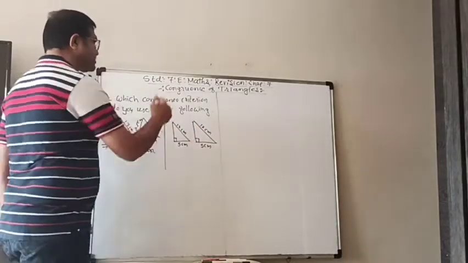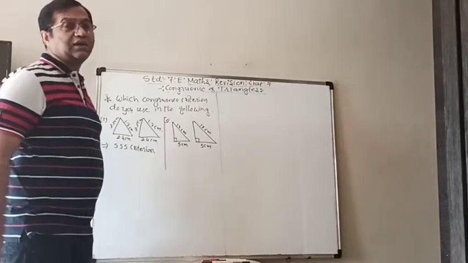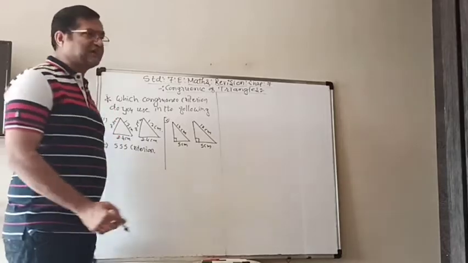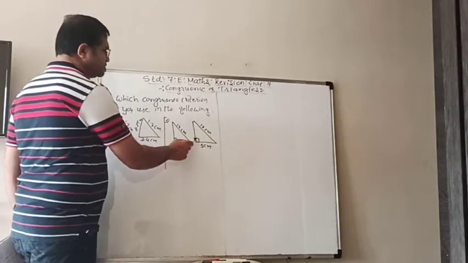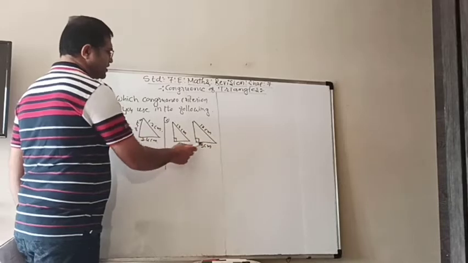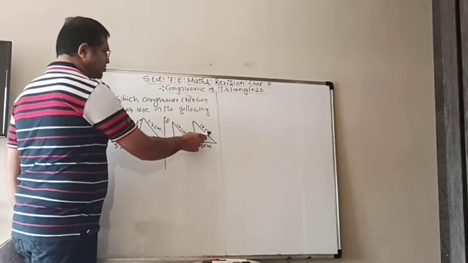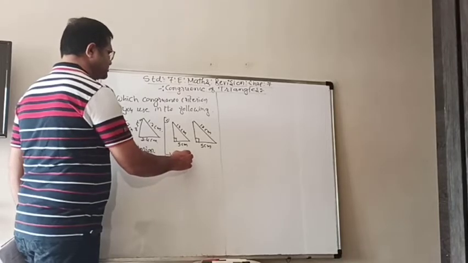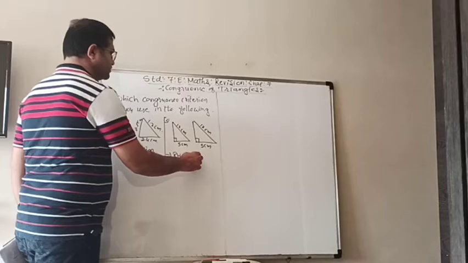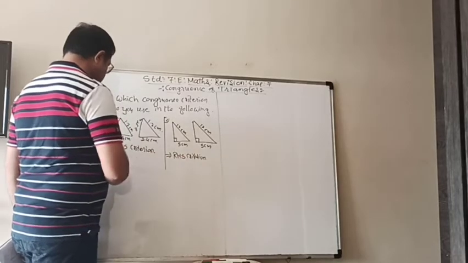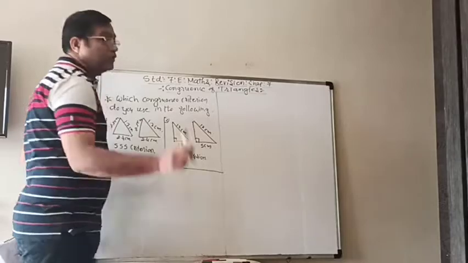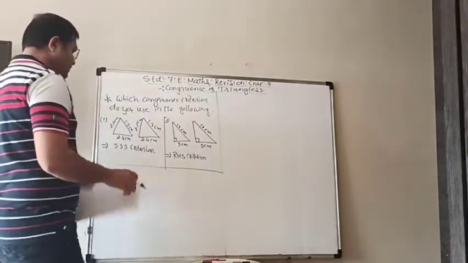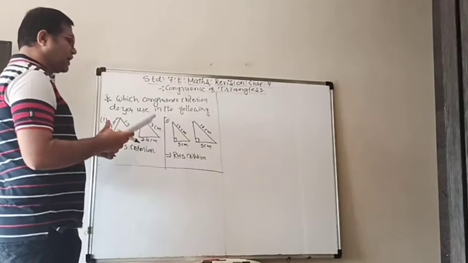Here you can see that only two sides are given. What about the angle? Angle is not given. But you can see that this sign stands for 90 degree. So that is the hypotenuse and that is the side. So right angle, hypotenuse and side. So here we are using RHS criteria. You can do this only if you know the criteria. If you don't know the criteria, then it will be difficult for you to give the answers.